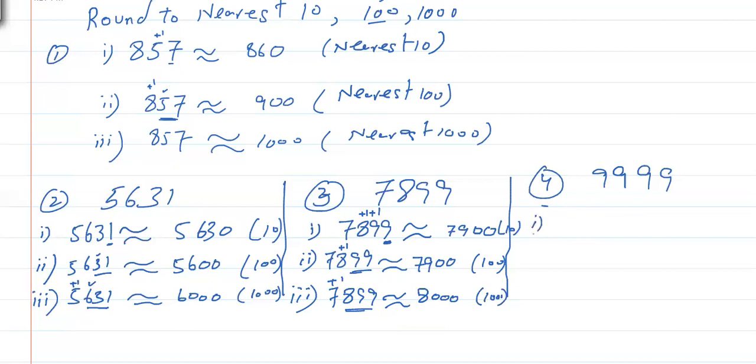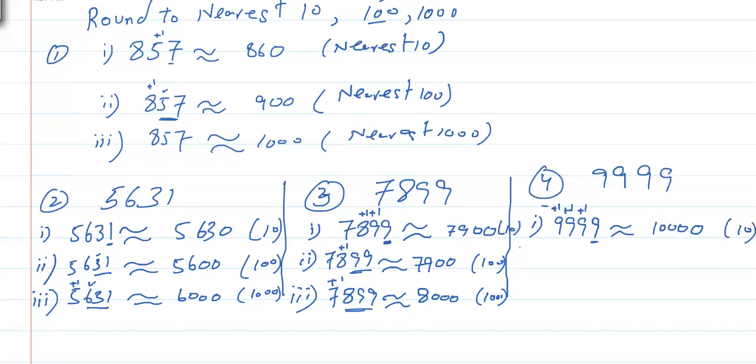First of all, in the first part, we have to round to the nearest 10. For the nearest 10, just this digit I have to make 0. So it will add 1 to the next one because it is 9. So 9 plus 1, what will it be? 10. But I can't write 10 because I have other digits also. So I will write 0, 1 will carry. It will be here 9 plus 1, 10. For 10, I will write 0, 1 will carry. 9 plus 1 is 10. Now I don't have any more digits, so I can write the complete 10. It is to the nearest 10.